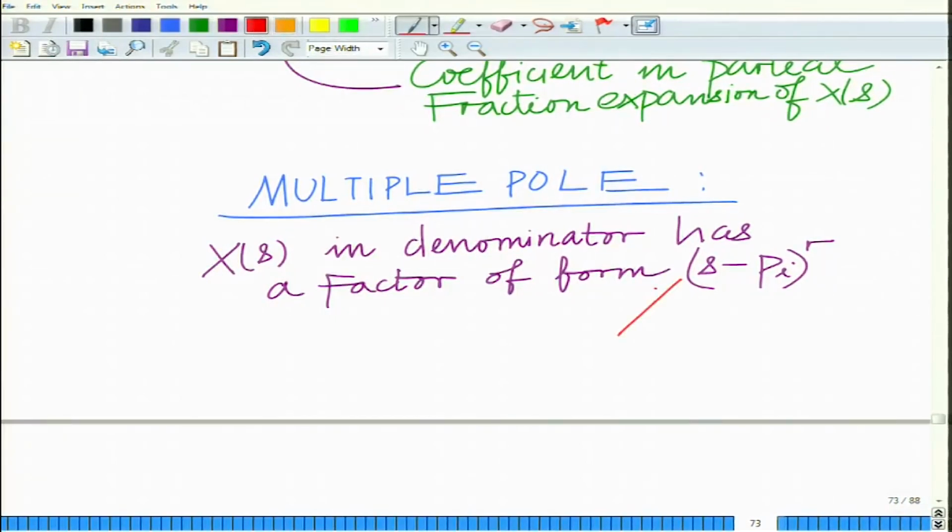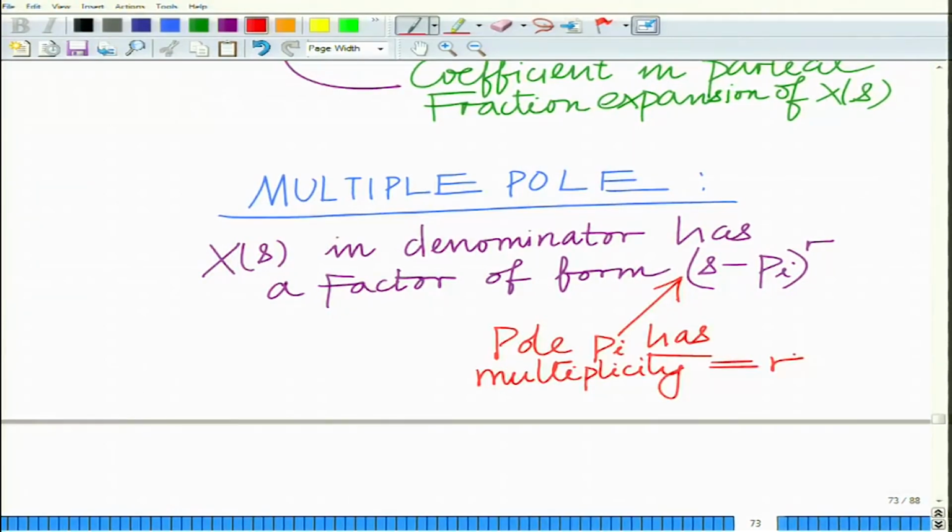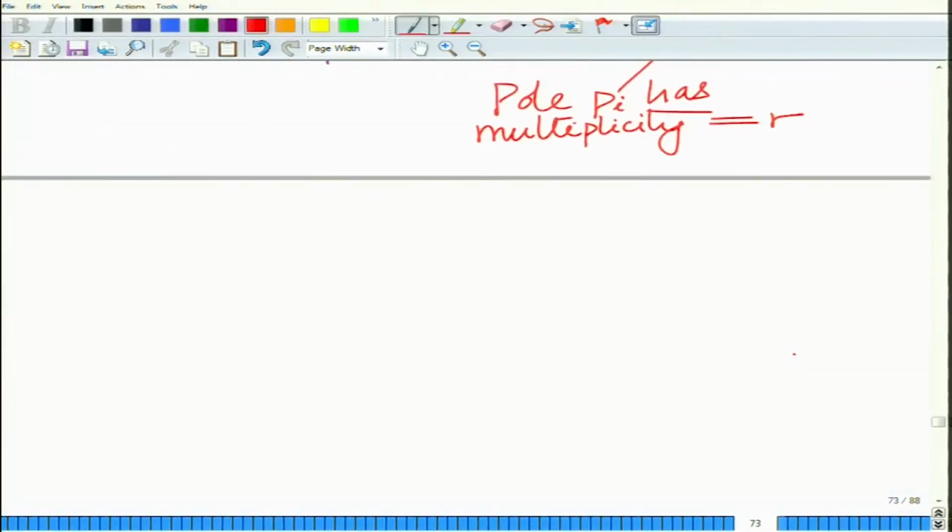So this implies pole Pi has multiplicity equal to r, and therefore the partial fraction expansion of Xs will have terms of the form